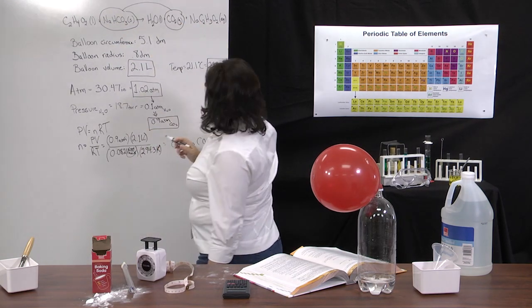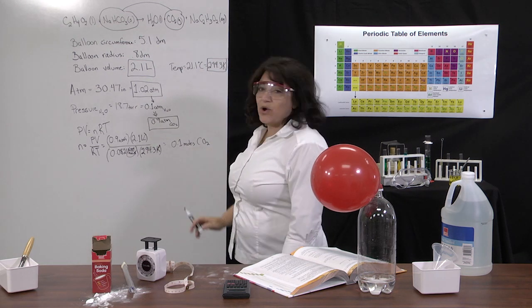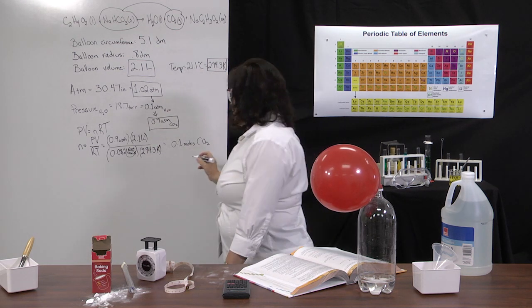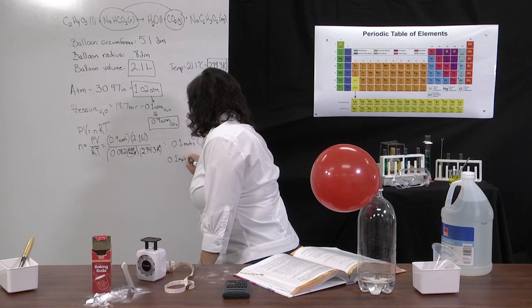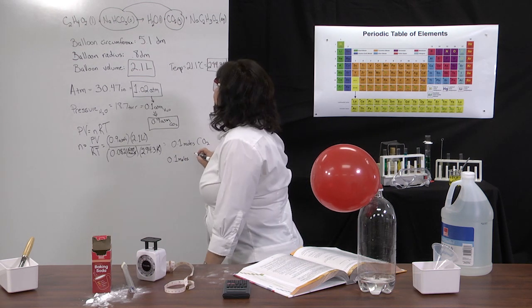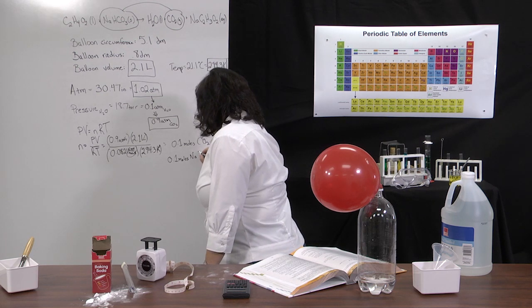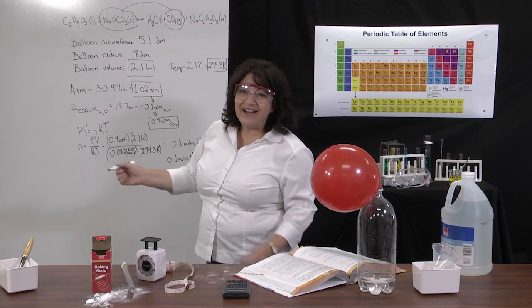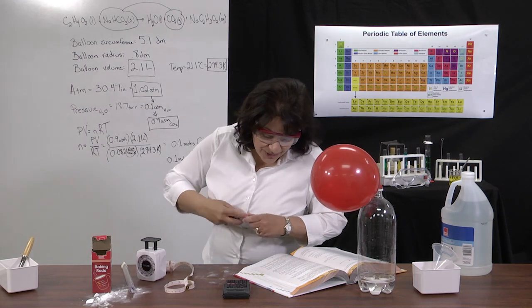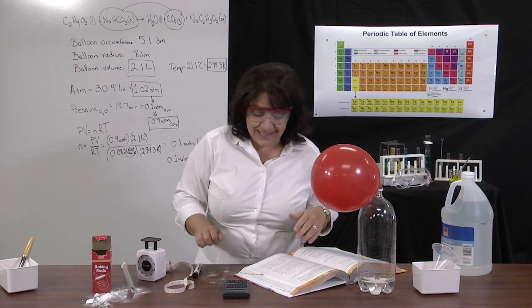So that means that there's 0.1 moles of carbon dioxide, and we used 0.1 moles of baking soda, NaHCO3. So we just did stoichiometry. Now how many grams is that? Well, all we need to do is take the molecular mass of